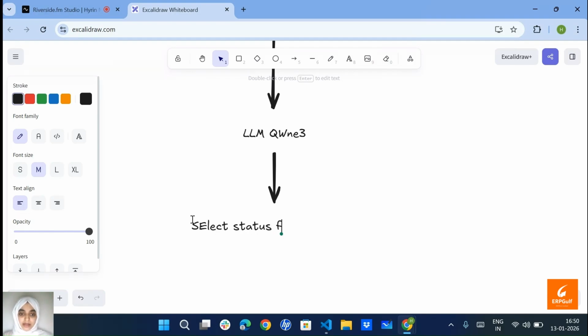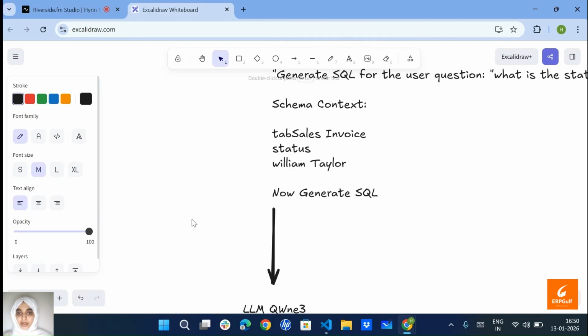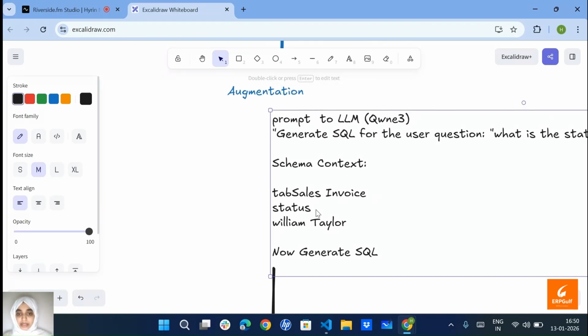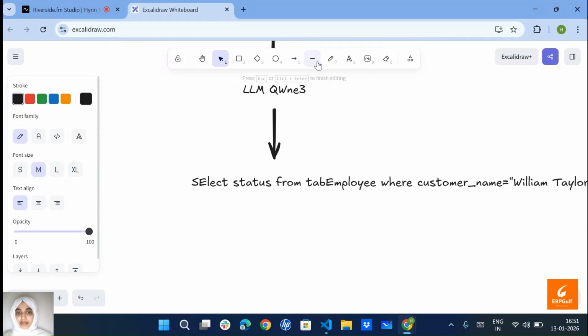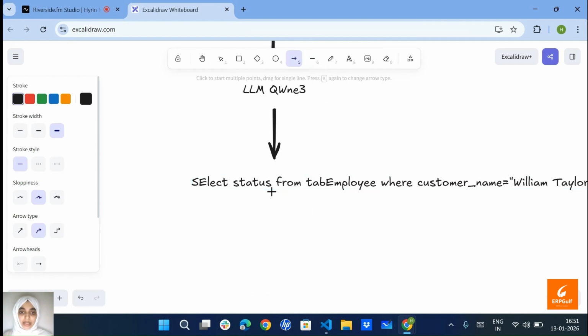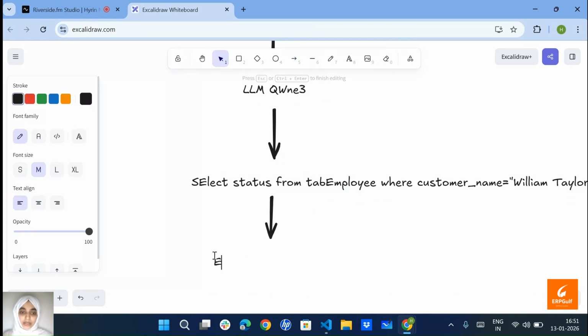Select status from tab employee where name is equal to, okay, where customer name is equal to William Taylor. I think one more field is needed here. I forgot to mention that, customer name. Okay, now finally we got this SQL and we execute